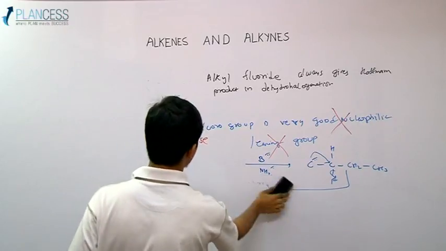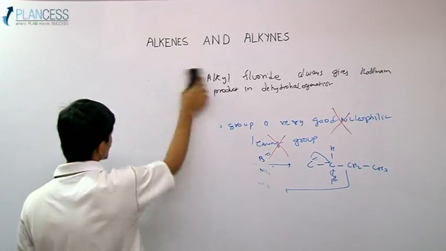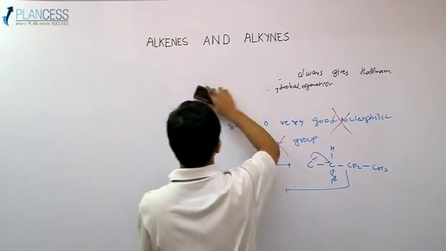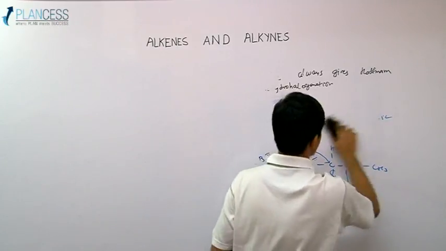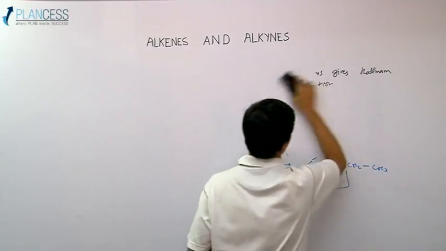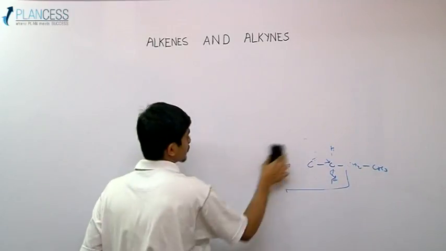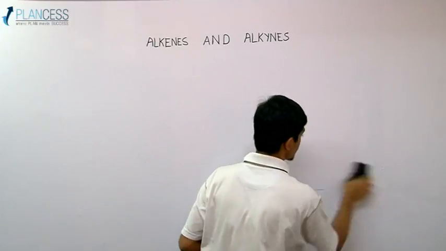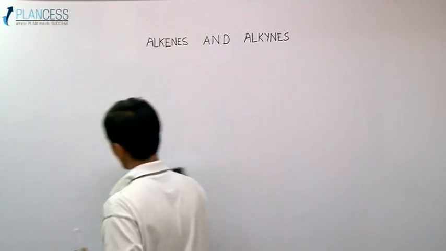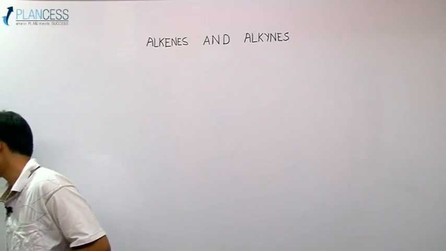Now the next question is, you have to tell some order. What is the order which is observed and which is right? Now you have to tell me what is the order of HCl addition on the following alkenes: